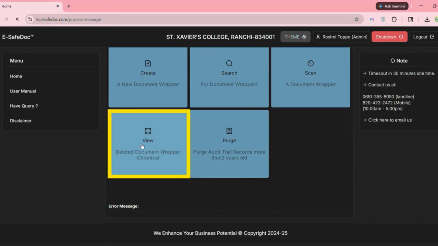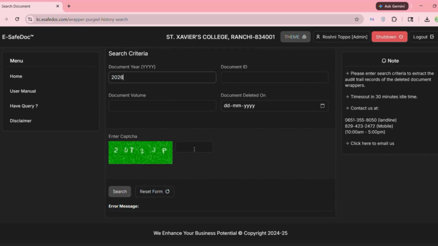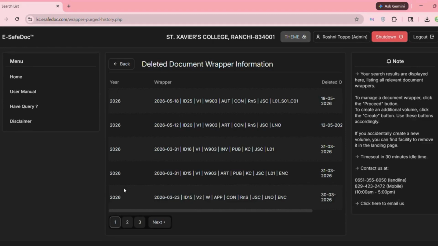Finally, I want to highlight the deleted wrapper chronicle. In eSafeDoc, transparency is absolute. If you ever delete a wrapper, it doesn't just vanish. It is permanently retained right here in the chronicle. So even if a file is deleted from the active vault, its complete historical record is always available for auditing and security purposes.